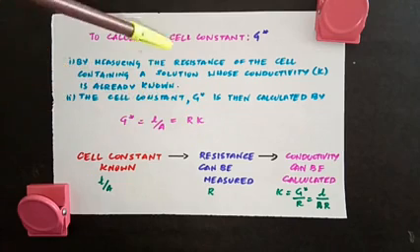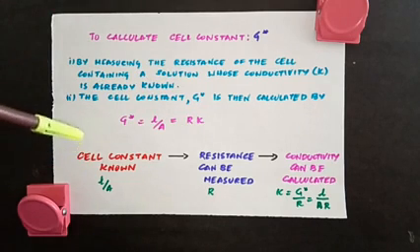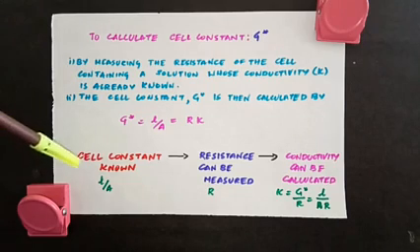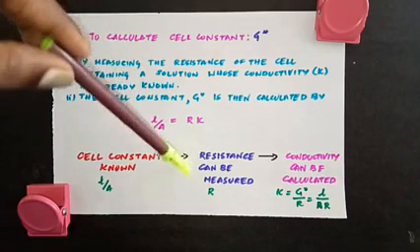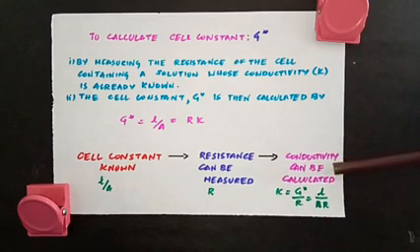Kappa you can get from the tabular column, and resistance you will be calculating using the Wheatstone bridge that I will show you now. So you can calculate the cell constant from an electrolytic solution whose kappa is already known by calculating that resistance. From the cell constant you can then calculate the conductivity of an unknown solution. So don't get confused here. You are taking a solution whose conductivity is known, and from that you are calculating the cell constant. Using that cell constant, you are calculating the conductivity of the unknown solution by finding out the resistance.